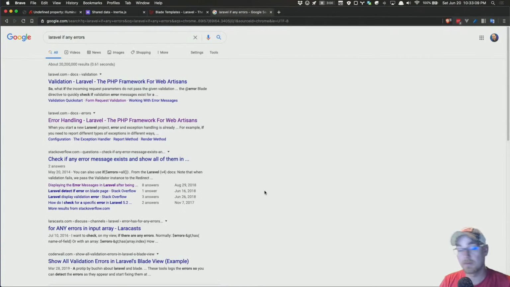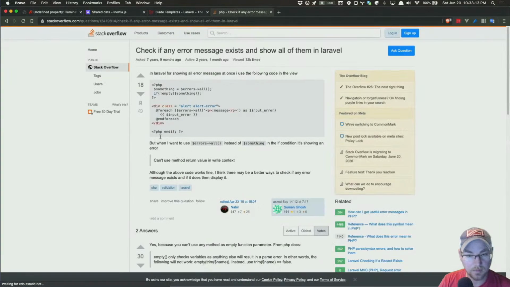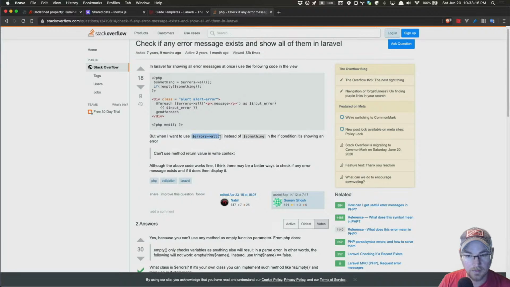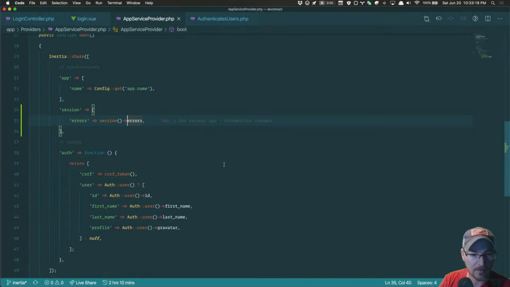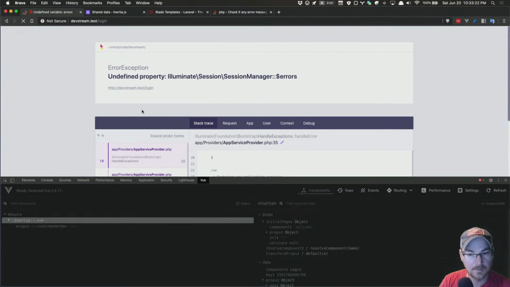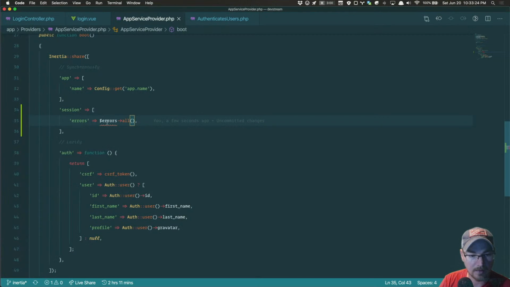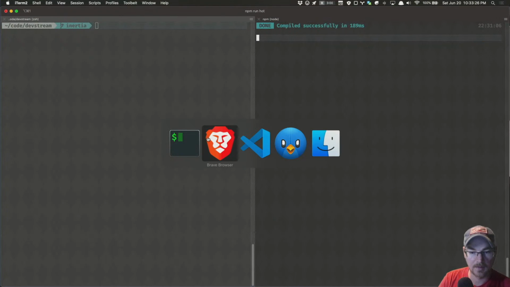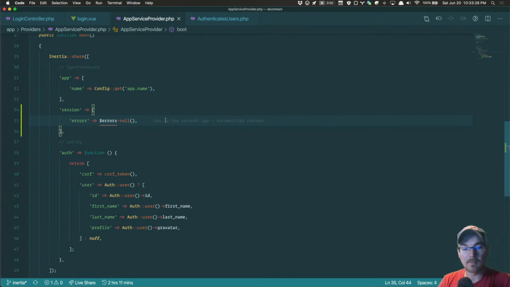We'll search for if there's any errors. Alright, for request validation, check for error messages, show all of them. Errors all? Is it just errors? Is that the problem? I just need this here. Let's see. Define variable errors. Yeah, that's what I thought. Oh, what app did I just do this in? Alright,